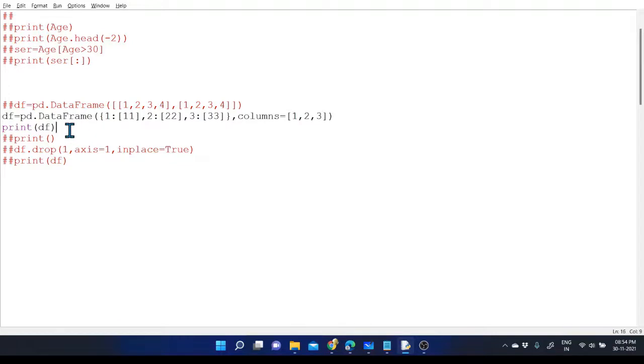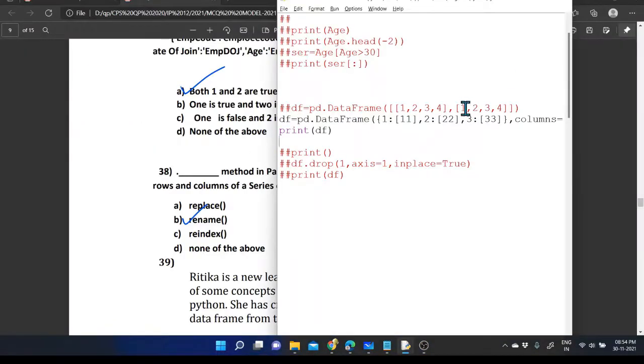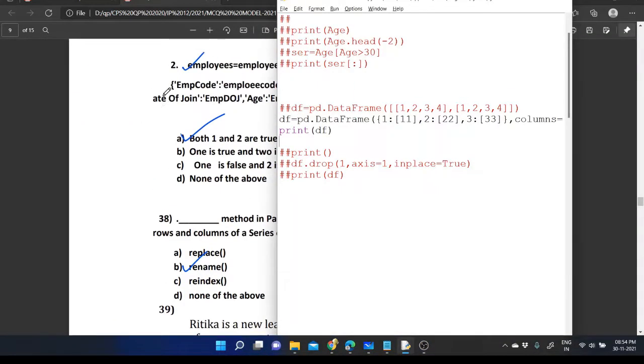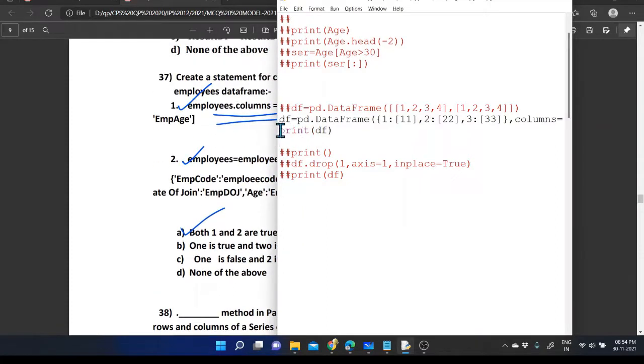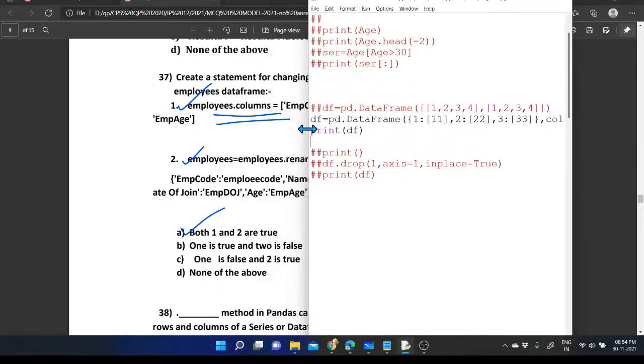And after that, if you require to change the column name, then that's possible. That data frame is already created. So if you require to change the column name, how we will do that? We can provide which option? Dot rename function that we already discussed. Dot rename function. So how we will do that?